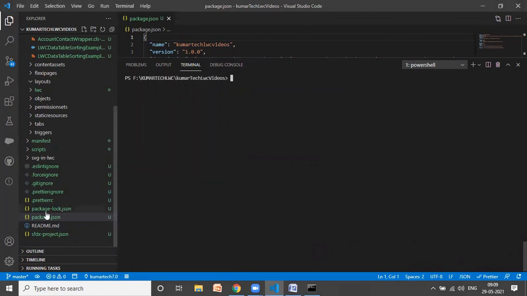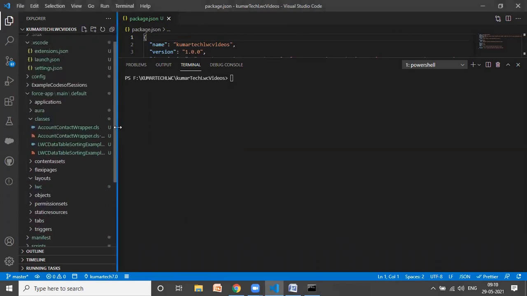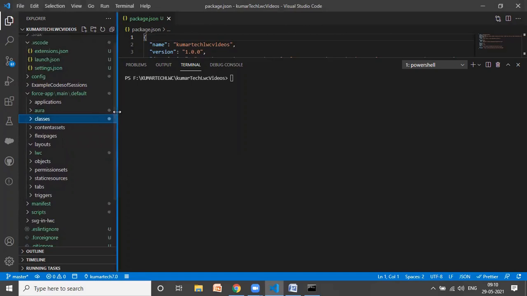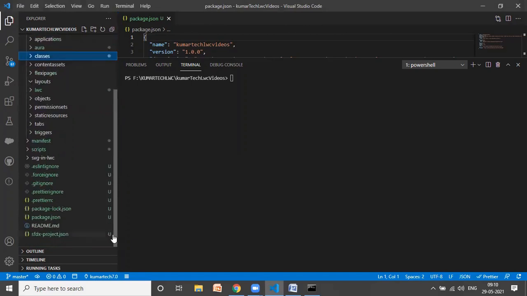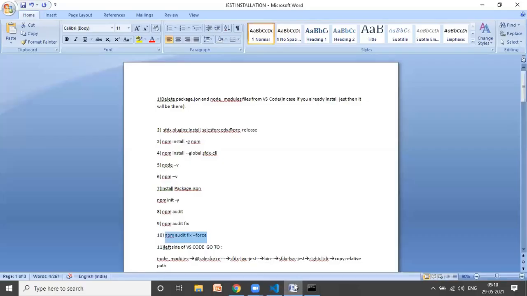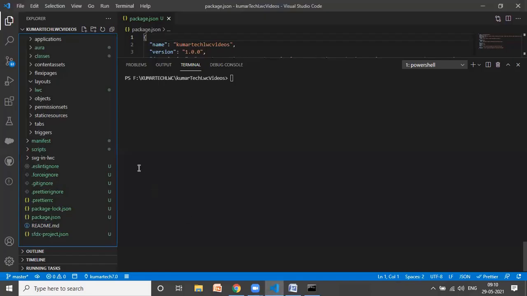Cool. So now guys, here we have package.json, now the node_modules folder. Did it come? No, I don't think so. Fine. So the next thing will be the node_modules folder, for which we need to go here. Or it might be there. Let me check one more time.